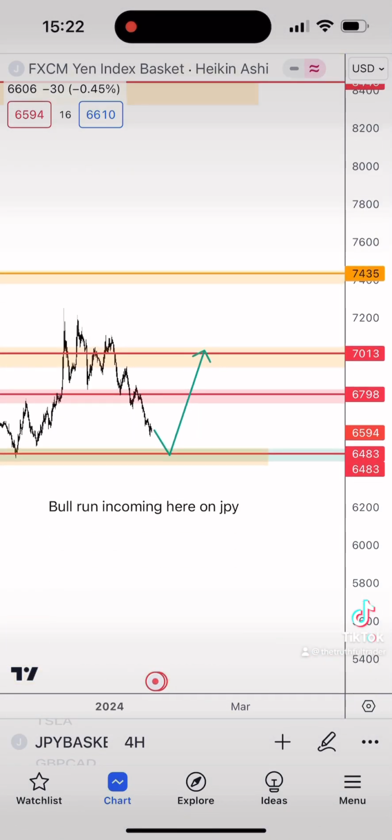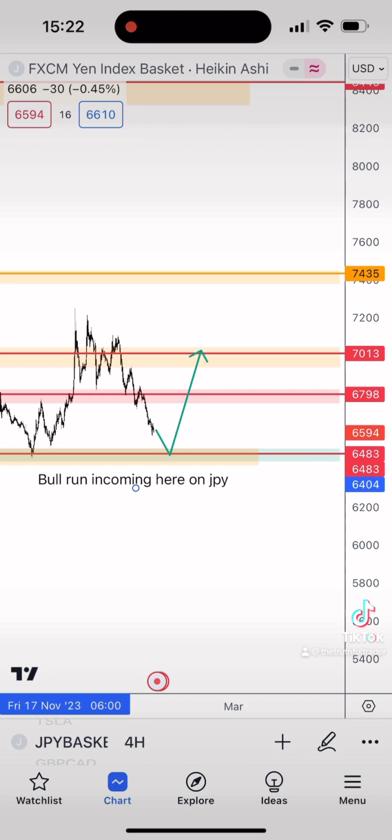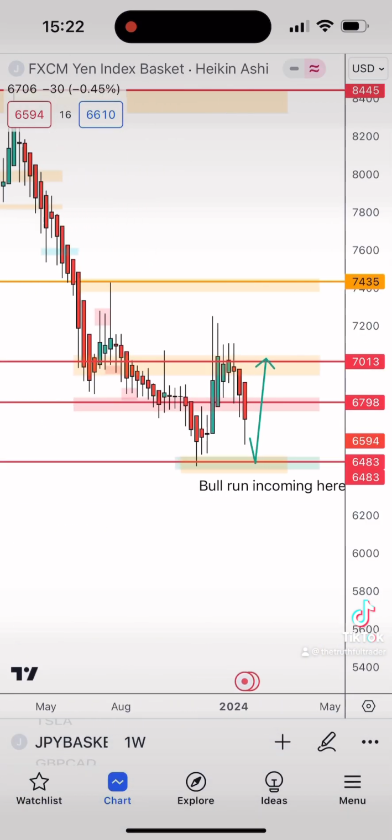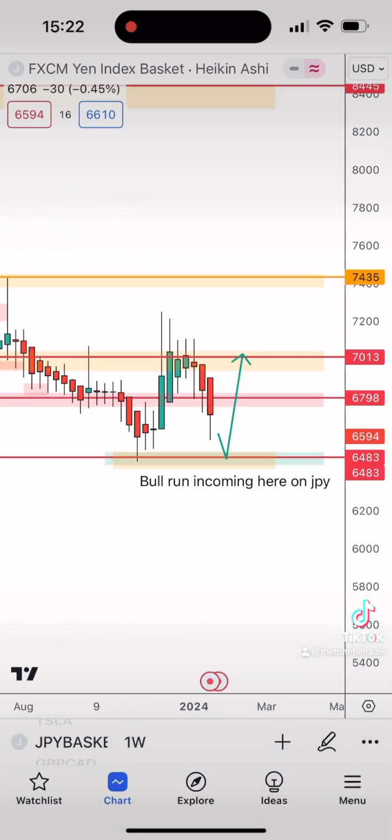The bottom of this at the 64.83 level may be a bull run incoming here, because the JPY are going to up their interest rate. So if you look on the 4-hour, it goes perfectly in correlation with the GBP